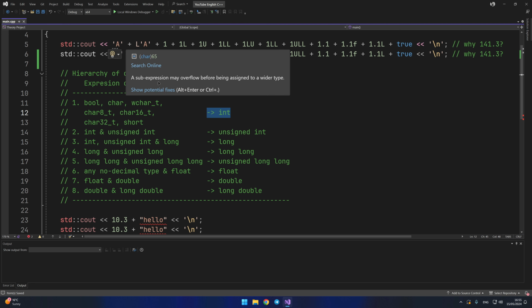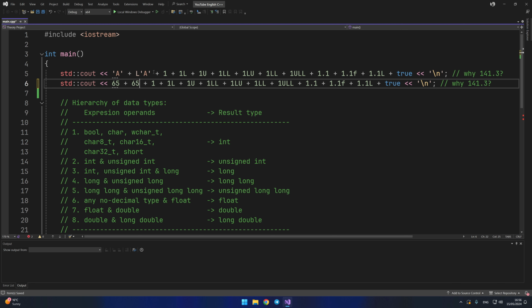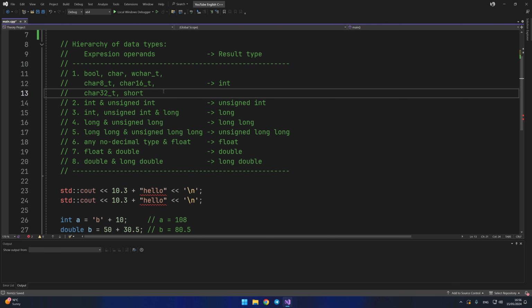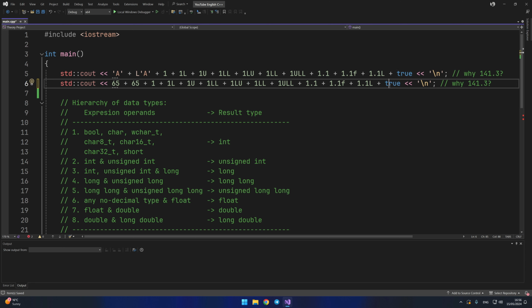Always. So let's find the literals of these types in our expression and turn their value into literals of type int. The letter A of the type char and wchar_t has an index of 65, so the computer will write 65 in their place. Let's write it below. At the end of the expression, we see a literal of type bool. I said earlier that true is equal to 1 and false is equal to 0. So let's rewrite this literal to the value 1.